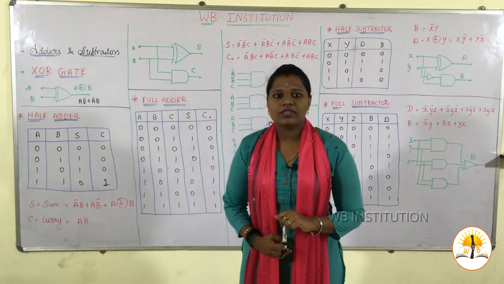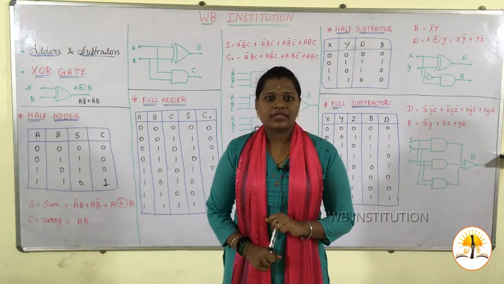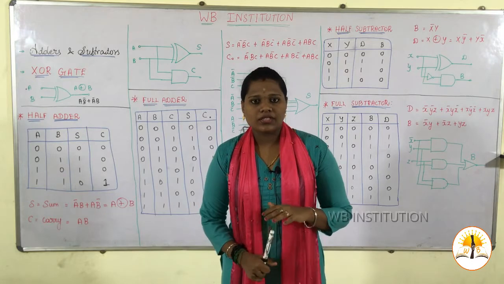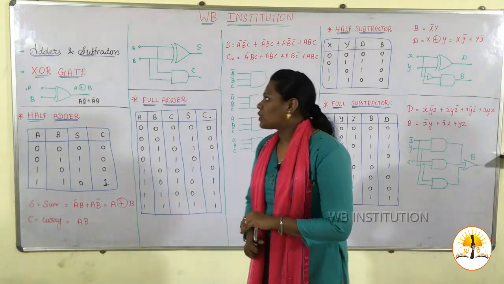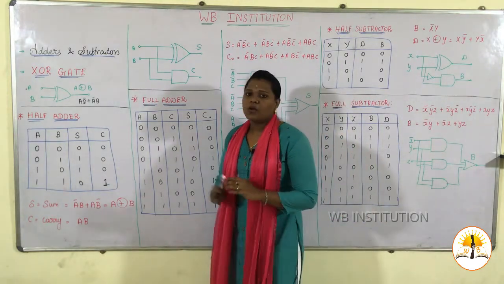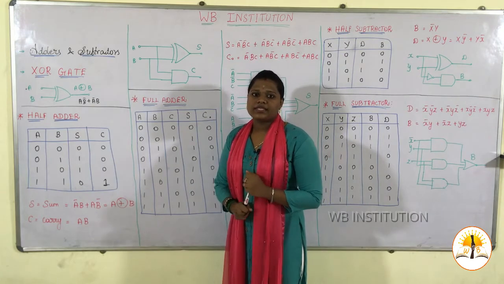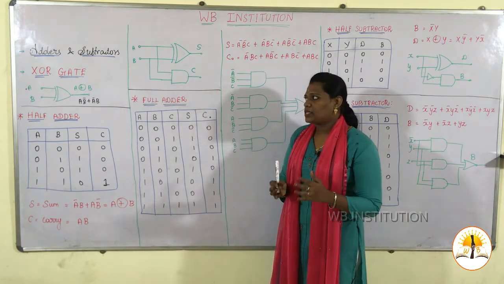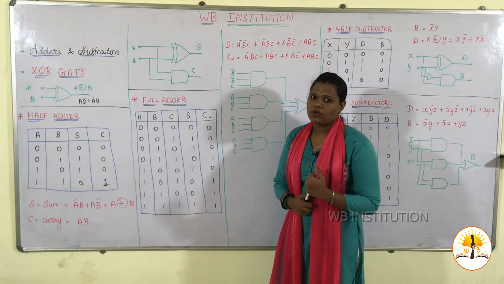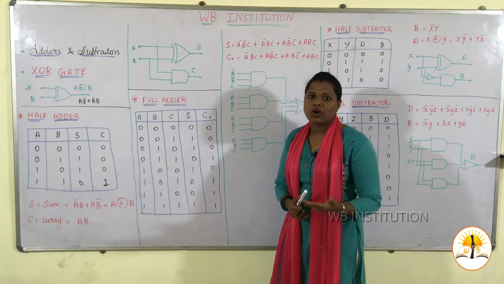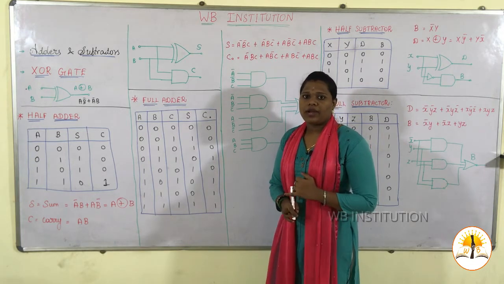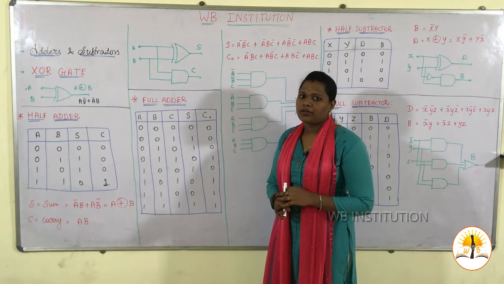So today we are going to see about adders, subtractors, multiplexer, demultiplexer, counters, registers and so on, microprocessor. Coming to adders and subtractors, why and when do we use adders and subtractors? To perform some binary operations. For example, let's take any two numbers, zeros or ones, it is going to perform an addition or a subtraction. It is based upon two methods: half adder, full adder, or half subtractor, full subtractor.